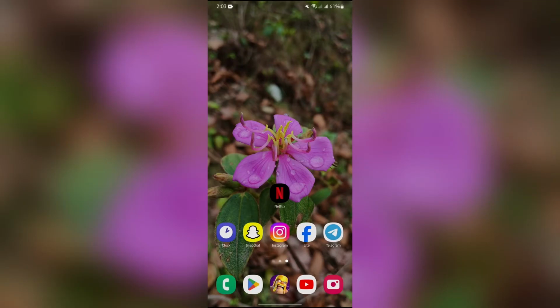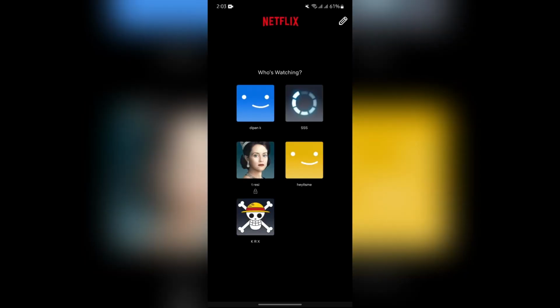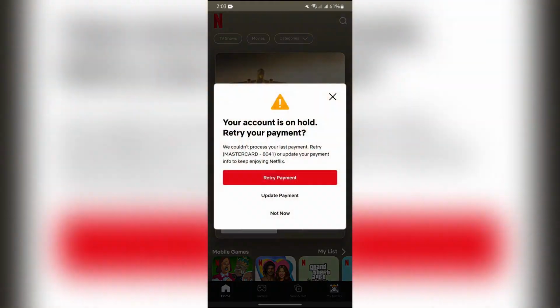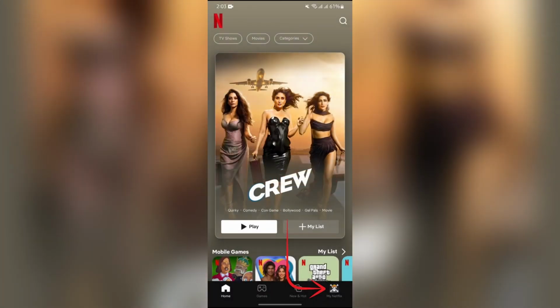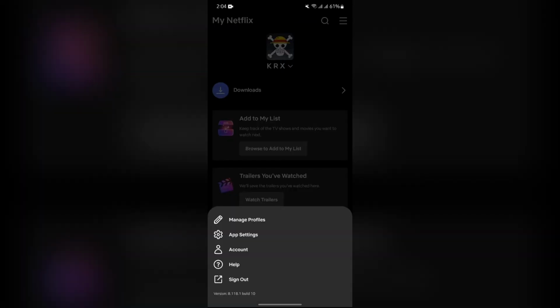Now, in order to log someone off your Netflix account, you simply have to open your Netflix application at first, and after opening the Netflix application, simply choose any of the profiles, and after that go to the My Netflix section at the bottom right. And after going in there, simply tap on the three bars at the top right side and go to the account